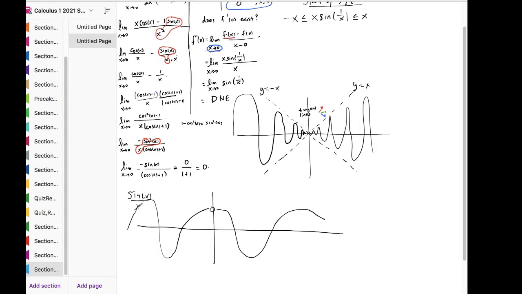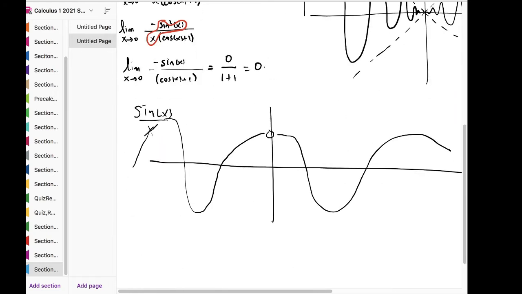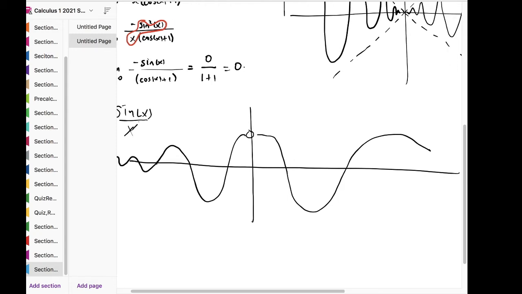It oscillates towards 0, because if you take the infinite limit, you can see that it approaches 0. Everyone see that? If you take the limit as x goes to infinity or negative infinity,